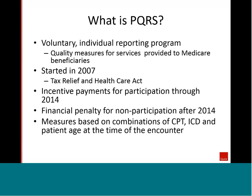Starting from next year, from 2015, there's going to be a financial penalty, or what the CMS very nicely calls a payment adjustment for non-participation. And the payment adjustment is compounded, so it starts to grow very quickly. And you should note that for PQRS reimbursement and reporting, there's a 2-year lag between the year that you actually collect the data and